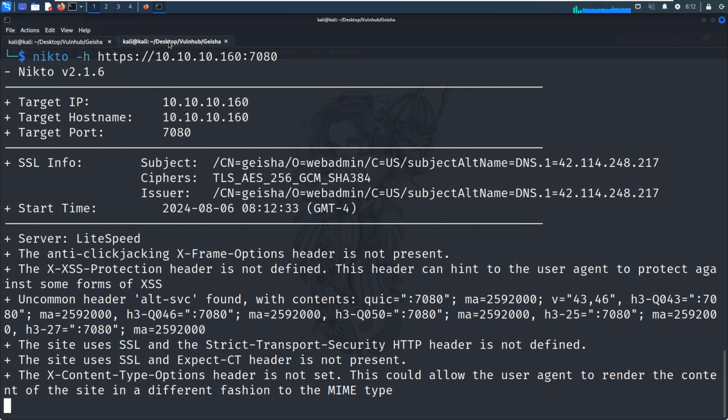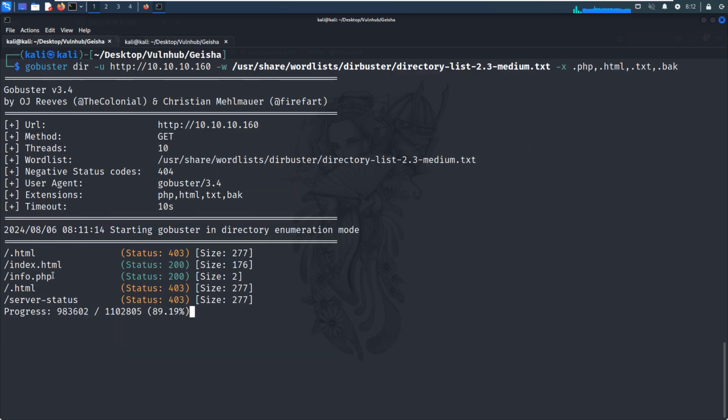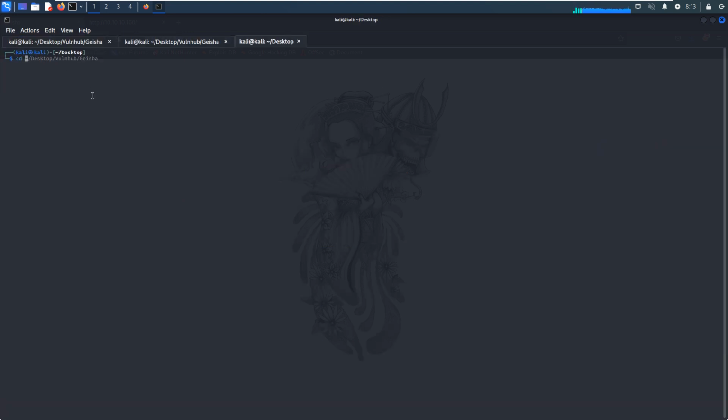To do this machine, we must be very careful and patient. Otherwise, we will miss something important. Let's go back. Oh, as you can see over here, we found the info.php file, and maybe I'd like to open up another tab.